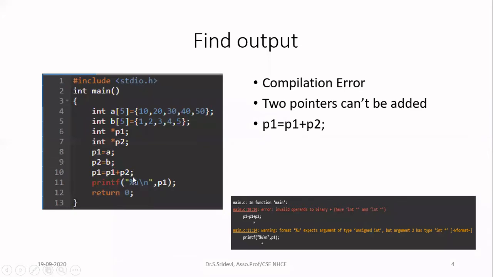I said you can perform addition on pointers, but line number 10 will now give you an error message. What is the reason for the error? To the pointer variable, I am trying to add another pointer variable. You can't add two addresses directly. P1 is now holding an address. Similarly, P2 is also holding an address. You can't add two addresses directly. There is no meaning in adding two addresses. You have meaning in adding two numbers, data variables, but not two addresses. So when you run this particular program, you will get an error.